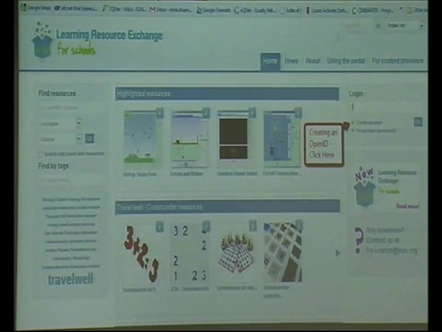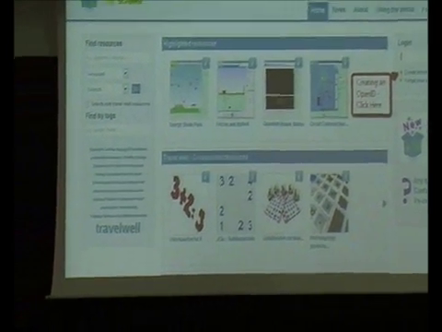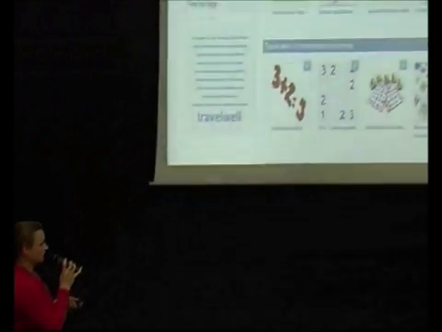A big advantage of this portal is that you don't have to register. You just go there, search for the resource, and use it. All of them are free to use. They have a free license, so they are open to use, and you don't have to be afraid to use them, share them, or modify them if you would like to.